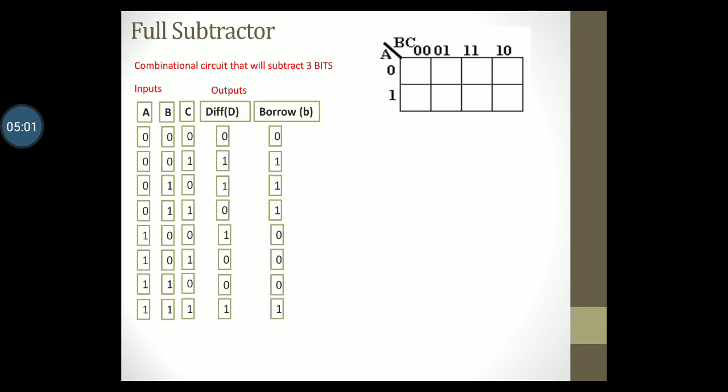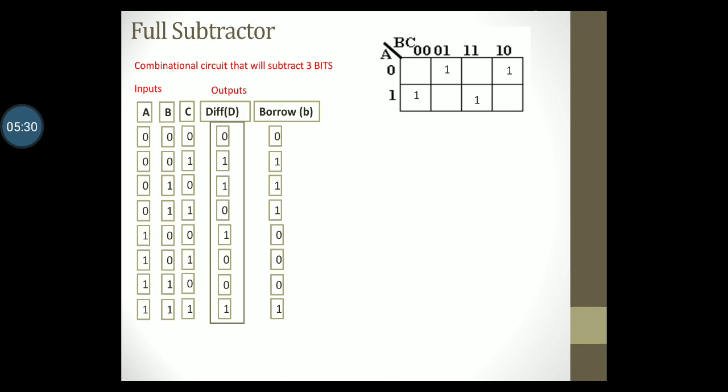In step 2 of the design process, we draw K-maps. Since you have 3 variables, you will require a 3-variable K-map. We need to find an expression for difference. So let us draw a 3-variable K-map for difference. We will plot the values where difference is equal to 1 on the K-map. So mapping the values on the K-map that we have here on this slide, we get,